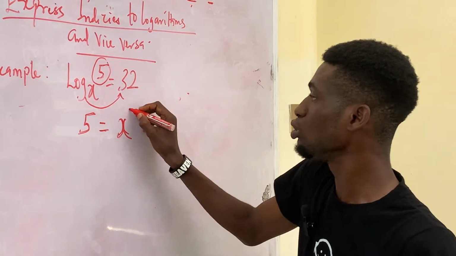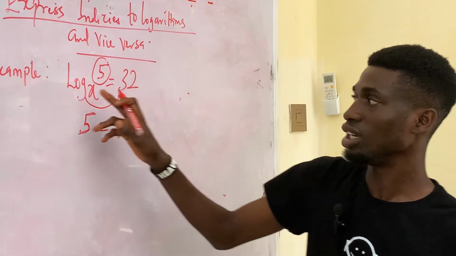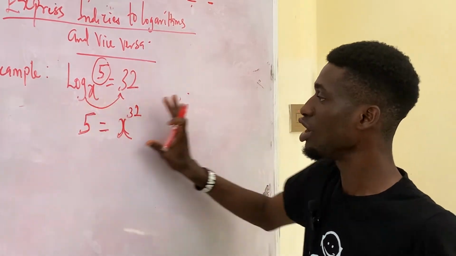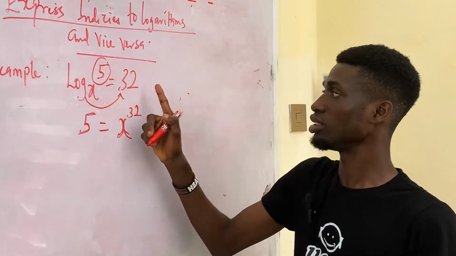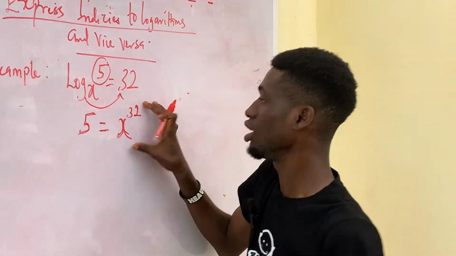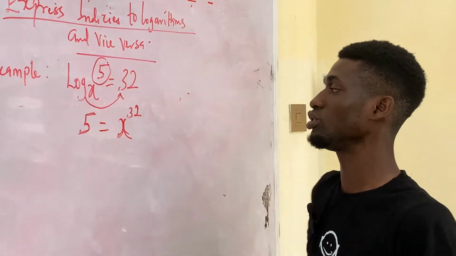Then this 32 will become a power. Now you see that the logarithm here has been eliminated. I just have pure numbers. I've changed my logarithm form to what? To indicinal form. Now I can also return this answer back to its original question,